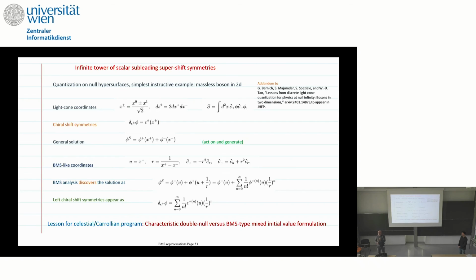But in u and r you have a mixture of those. Even this analysis is better in double null. It's more symmetric in double null. You do it on one, you do it on the other, and then you combine the thing. In that case, that's what it is.